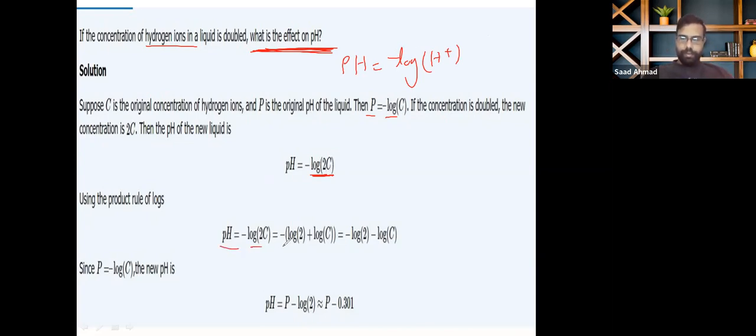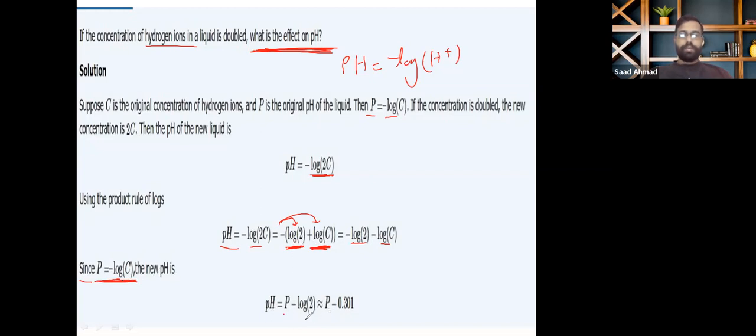All right, so then I break this by using the product rule of logarithms. Break this and this, because when two things are getting multiplied inside a log, you can write them separately with a plus sign in between them. And then I distributed this negative inside here. So okay, since the pH itself is equal to minus log C, all right, so it will be